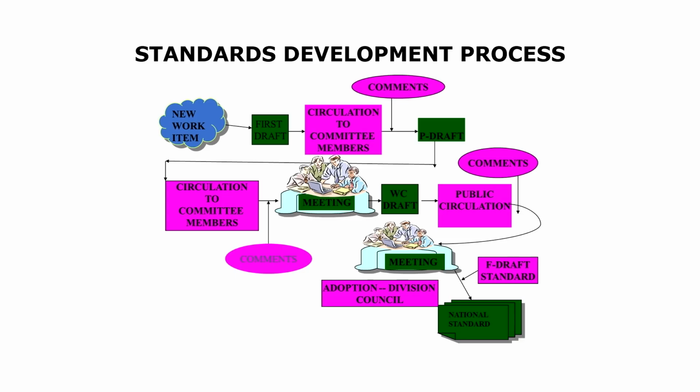So, there is typically a new work item which is explored, and there is a first draft of what needs to be regulated, what are the correct practices, what are the wrong practices around that product or service. Then it involves circulation to committee members, who are majorly the stakeholders here. There could be different hierarchies or levels of the committee through which these drafts go. So, this could be some initial committee which takes a look. They come back with certain comments, and then there is another draft which is built, right, based on that.